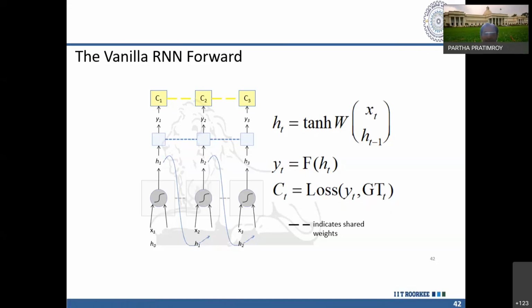Is it okay? When I'm saying shared weights, it means these are all the same. Whatever weight matrices we are using in this block will be the same. For example, let's consider two weight values, W1 and W2. W1 is 5, W2 is 10. Then you are using W1 into X1, meaning 5, and the same thing, W2 will be multiplied with X2 and 10 will be multiplied with H1.